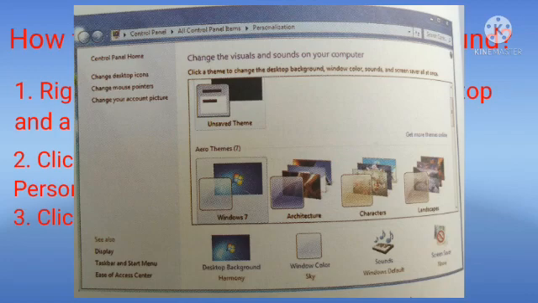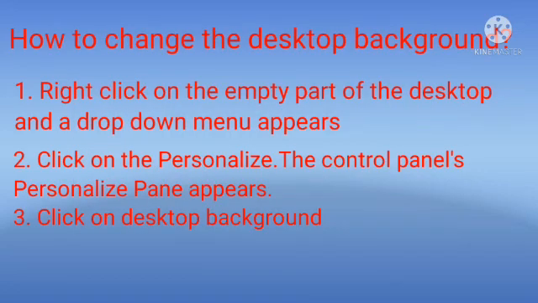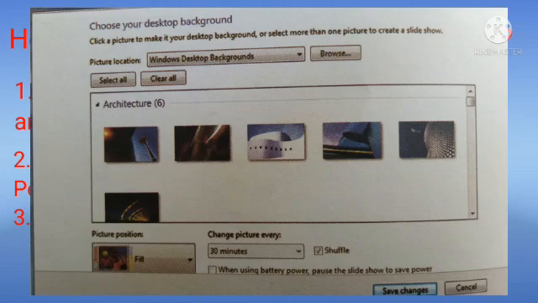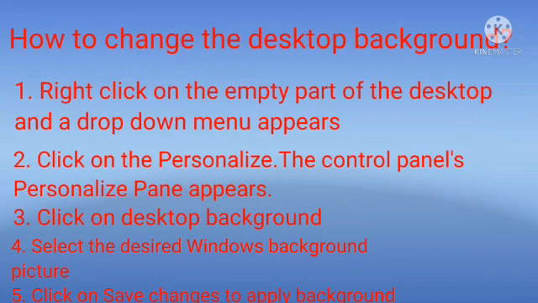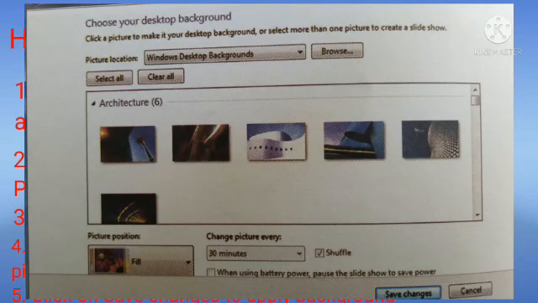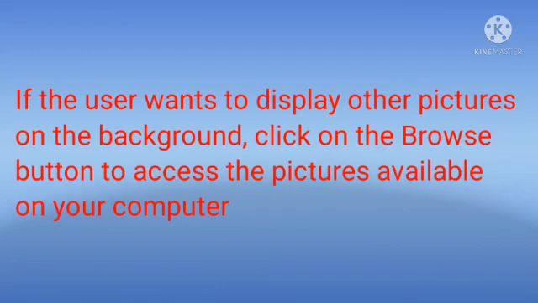Then click on the desktop background option from that, and then there will display a lot of default Microsoft Windows backgrounds, and select one desired picture from that, and click on save changes option to apply the background. If the user wants to display other pictures as desktop background, then click on the browse button to access pictures from the computer device or from the picture folder.